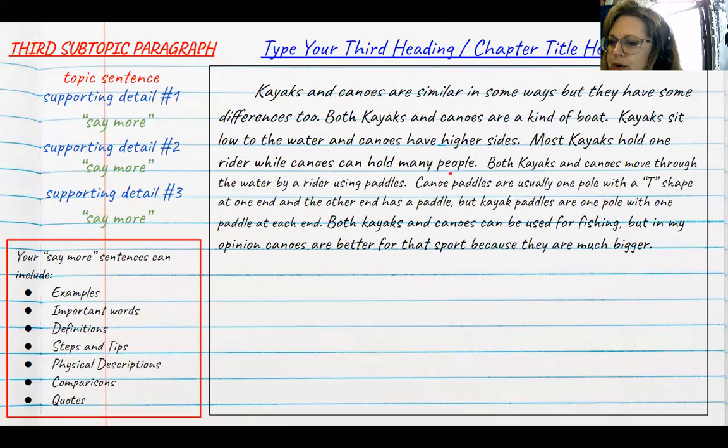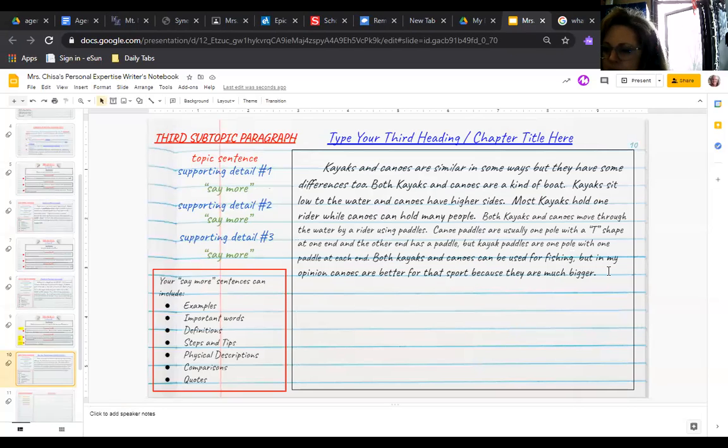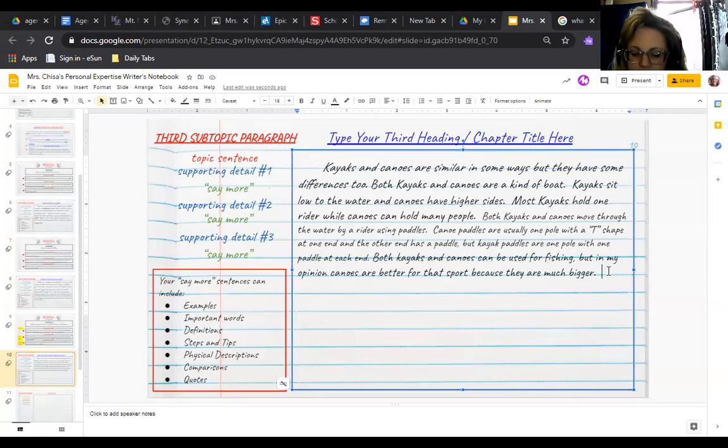Both kayaks and canoes move through the water by a rider using paddles. Canoe paddles are usually 1 pole with a T shape at one end and the other end has a paddle, but kayak paddles are one pole with one paddle at each end. Both kayaks and canoes can be used for fishing, but in my opinion, canoes are better for that sport because they are much bigger. So I feel like I need to put an ending and wrap this up here. So I'm going to press my ESC button and get back to where I can type. Click in the box, and I might say,